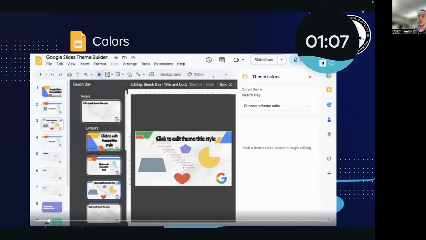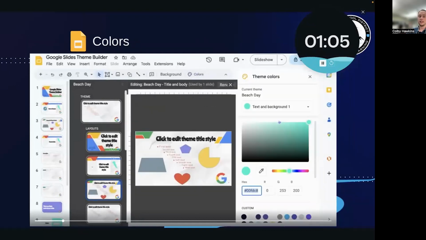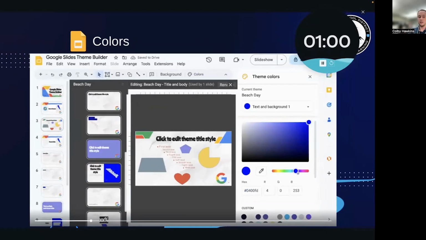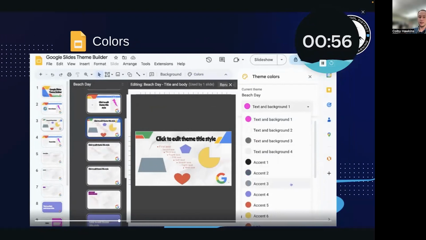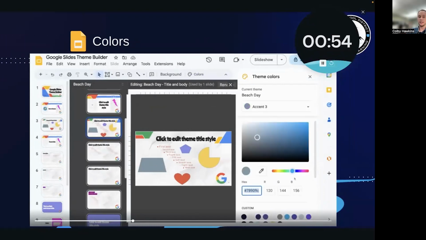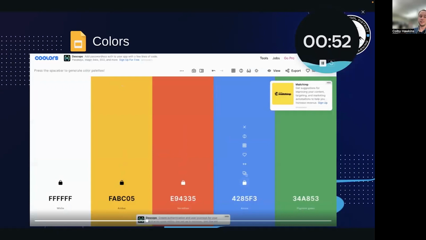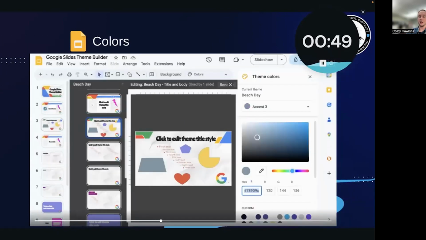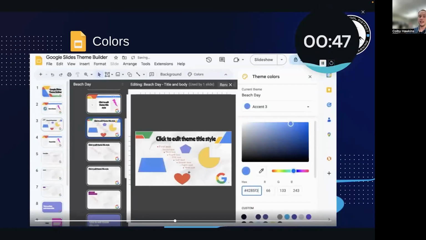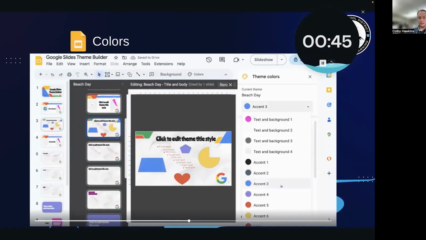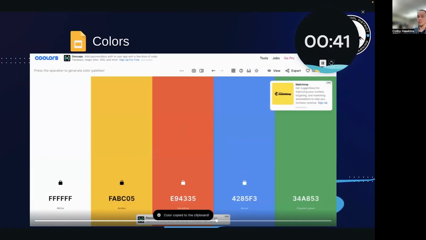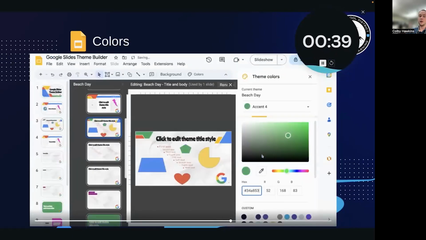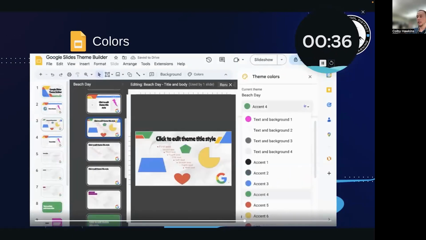And then lastly, you can change the colors of your slide using the colors button. So if I make a change, it applies to all of the places where that color is being used. So you can see that green now changed to that pink. Now I'm going to choose this accent color, and I'm getting colors from my color palette here, just copying the hex code, pasting the hex code, and you'll see that shape changed. And now I'm going to change this purple to this green just by copying the hex code over. And now all things that were that purple changed to that green.